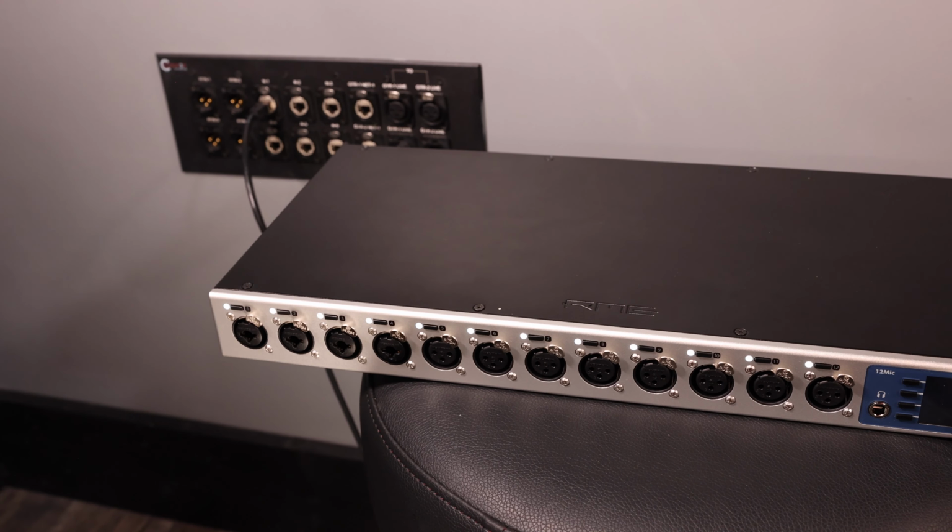One of my good friends, Aaron Catlin, is a professional acoustician and designs all sorts of big builds and projects, and he uses RME all the time for his testing. So if you've heard of RME, you already know how great they are. If you haven't heard of them, let this be the example of how great they are,